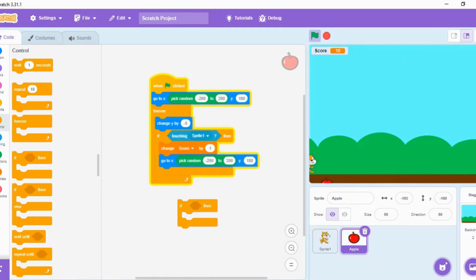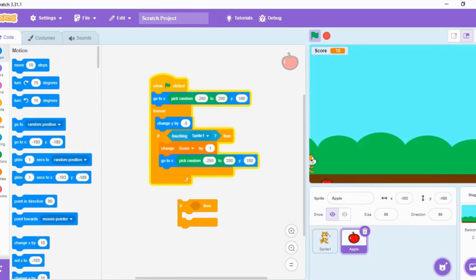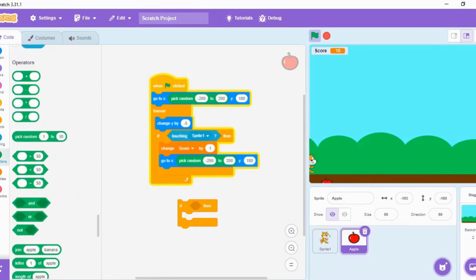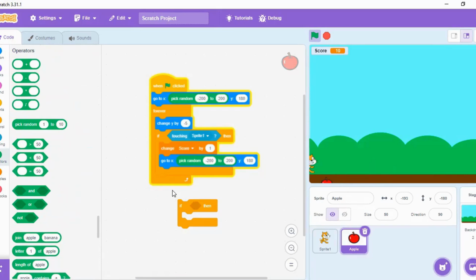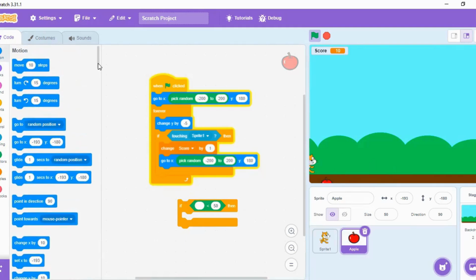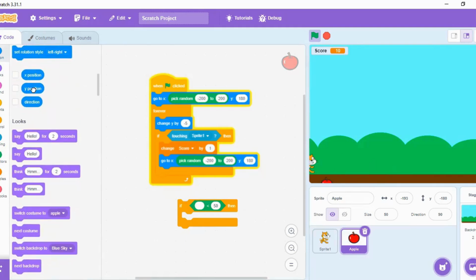So you select this, if the y position of this apple is less than minus 170, you can say.